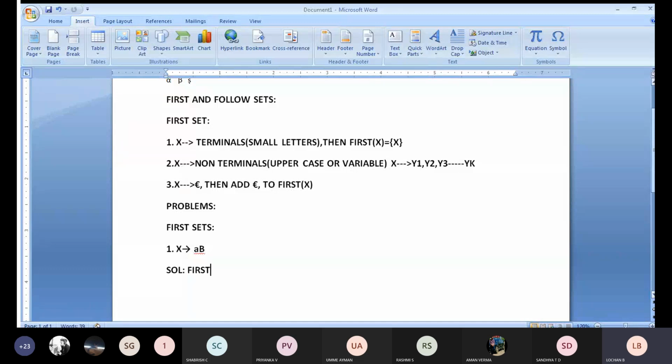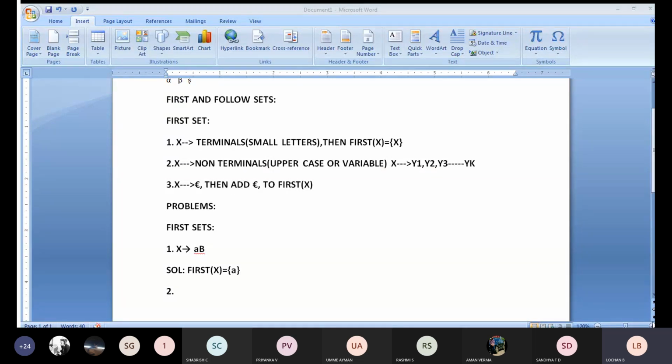For this particular case, first of x, directly, what will you be getting? Anybody? What you got? Small a and b. Small letter indicates your terminal part. Capital letter indicates your non-terminal part. If you directly get the terminal part in the starting case, you write it as it is. So first of x is equal to a. If you get a capital letter, we will solve that in the next problem. Second one, I'll solve this one so you will understand. Don't write, you can write the first two problems solved together.